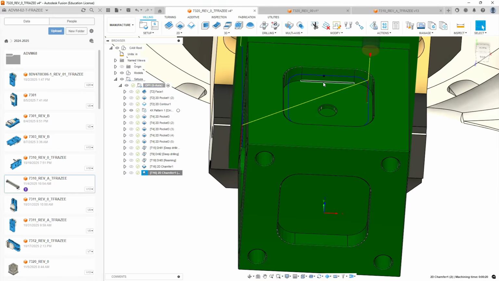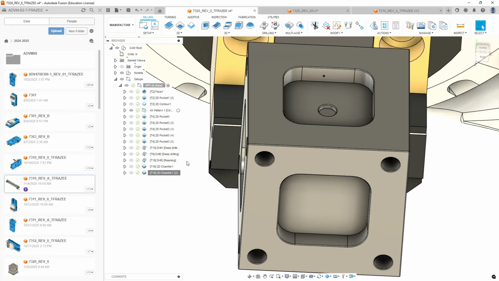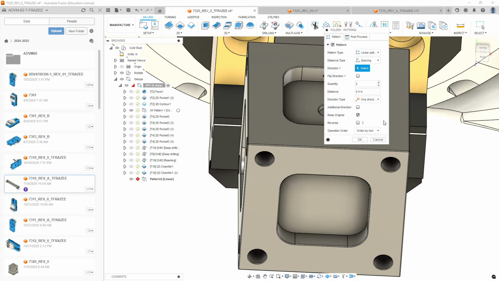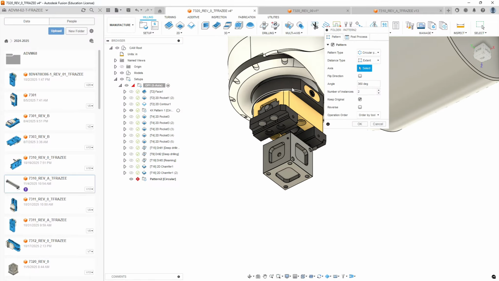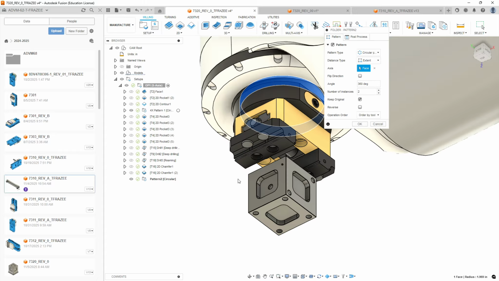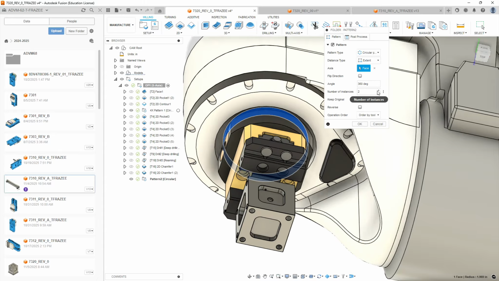Alright, so we got our cut in the side, and we have this one pass here. Now what we're going to do is another pattern. So we're going to create a new pattern, and we're going to do a circular pattern. It's going to ask us for the axis. Let's pick on the cylinder of the platter of the fifth axis, and we want this to occur in 4 places. Hit OK,